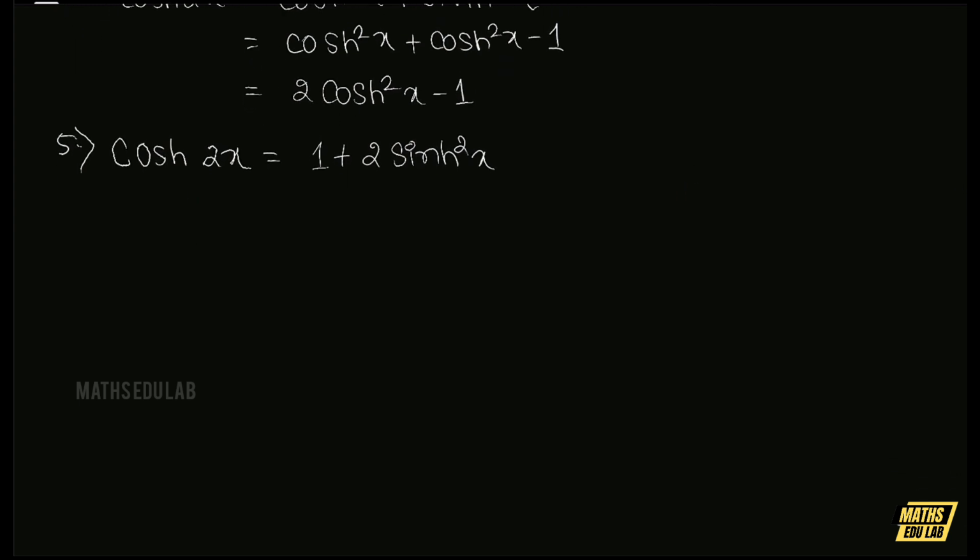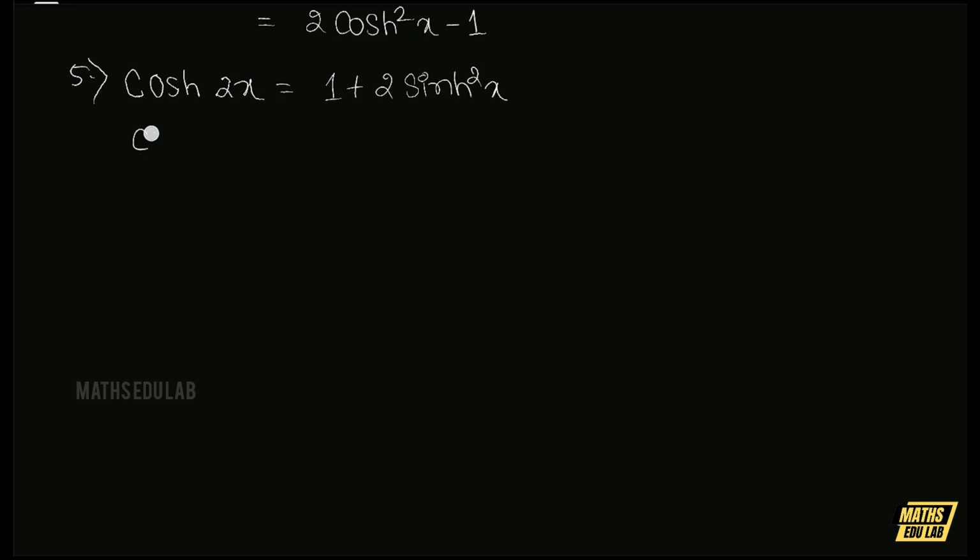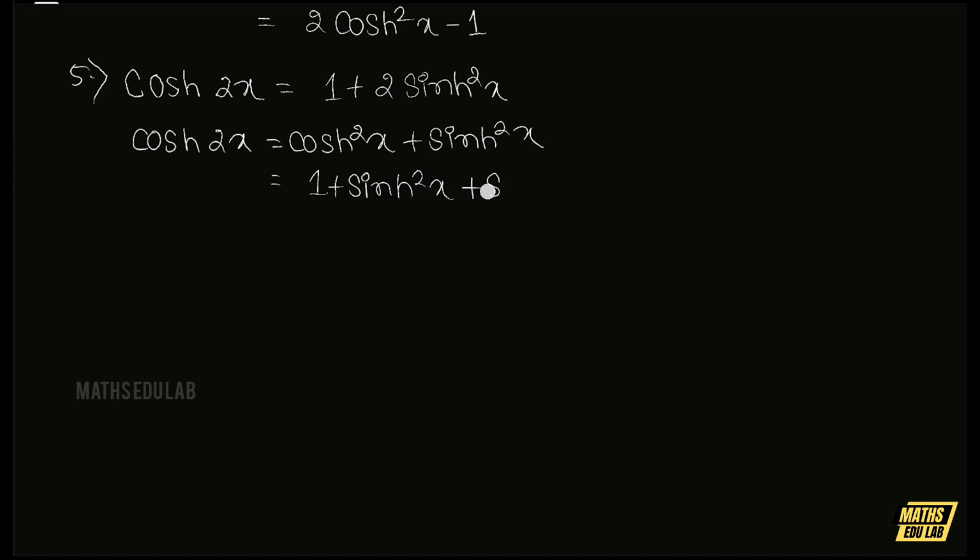So to solve this, we know the first formula of cos hyperbolic 2x, which is cos hyperbolic square x plus sine hyperbolic square x. Let's replace this value as 1 plus sine hyperbolic square x plus sine hyperbolic square x,